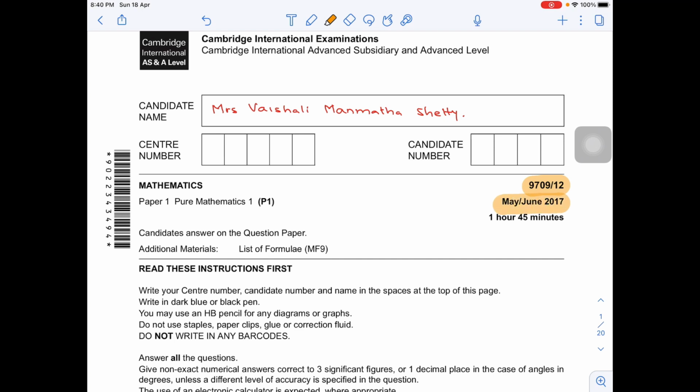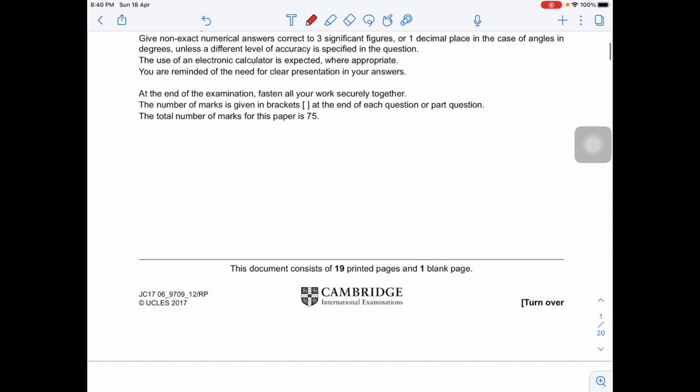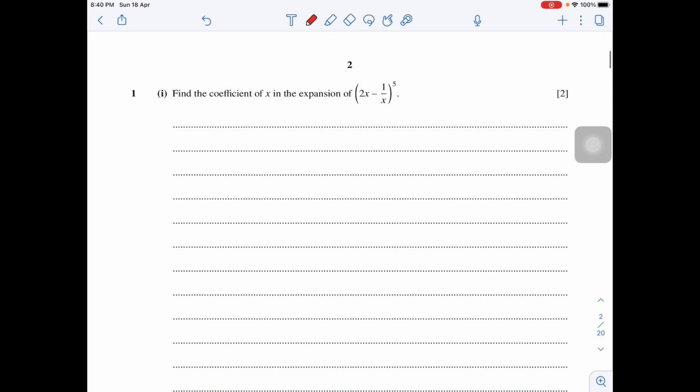Today we are trying May June 2017 paper 12. Find the coefficient of x in the expansion of (2x minus 1 over x) to the power 5. Let's try this. So I'm writing (2x minus 1 over x) to the power 5. I know T(r+1) is nCr